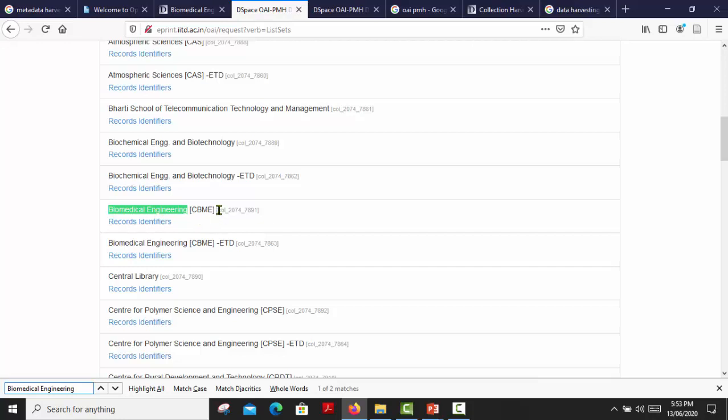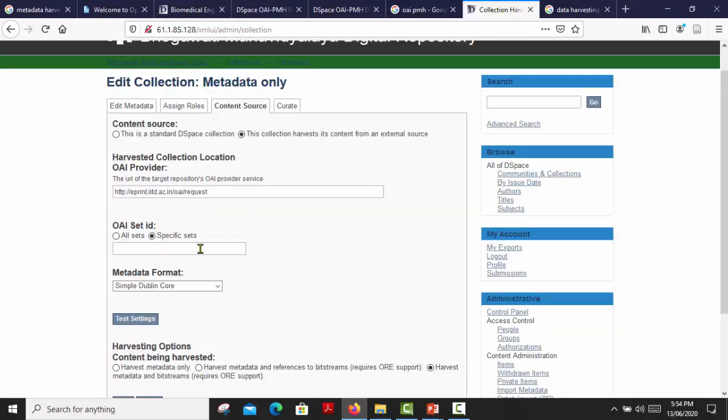In the next column, in square brackets, there is a collection ID. I am copying that. The collection ID is COL_2074_7891. I am copying it and pasting it into my OAI set ID.